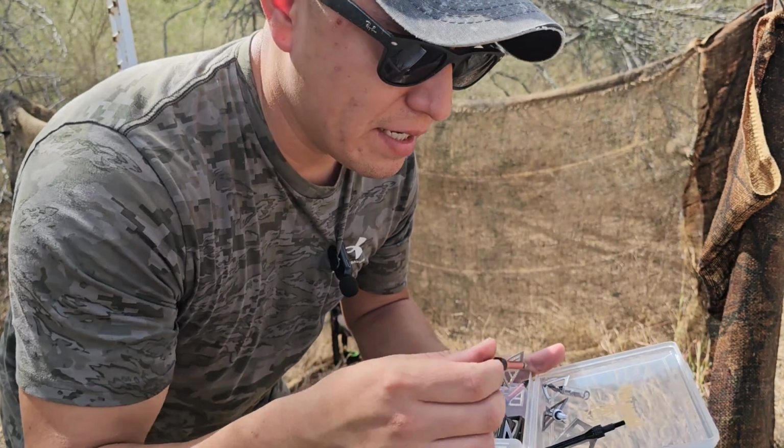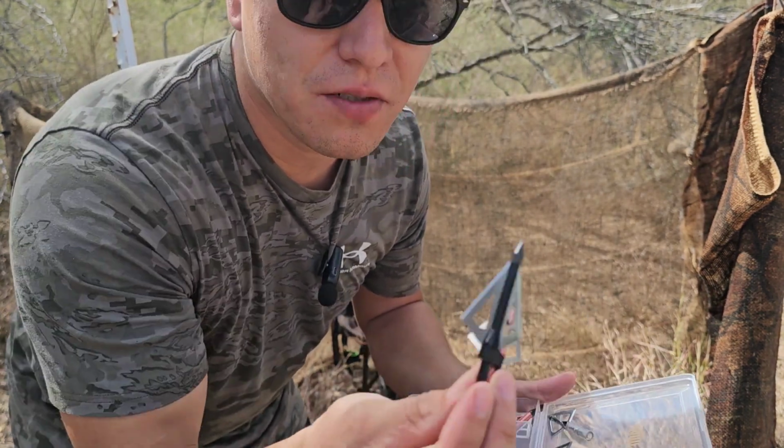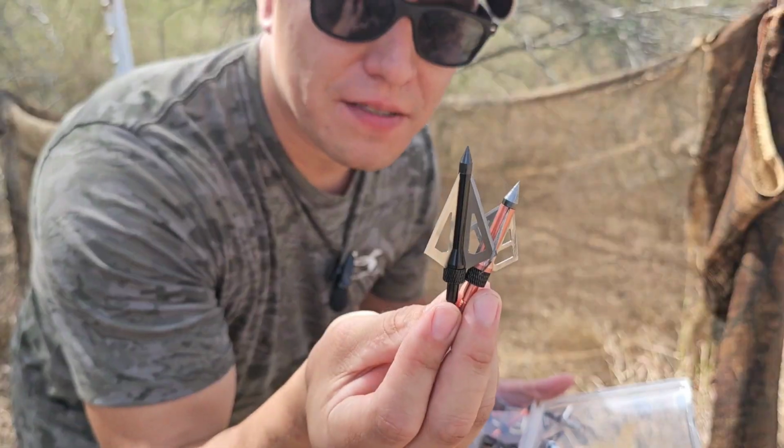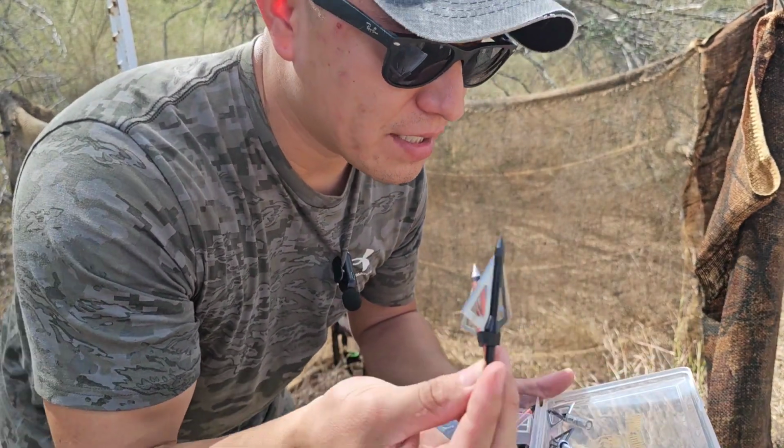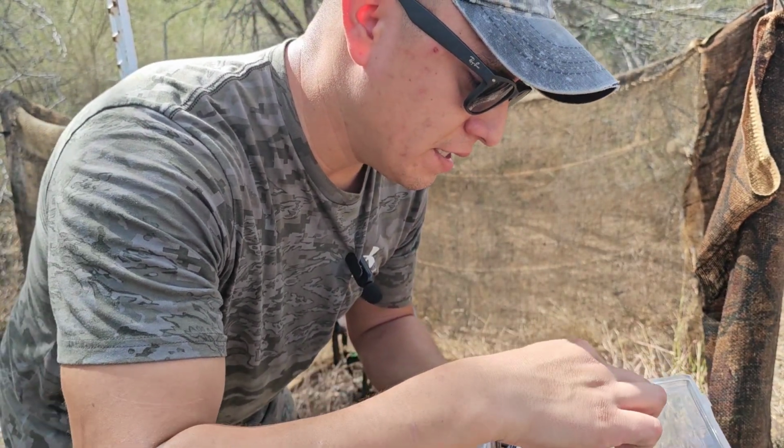Again, they shoot okay. These two actually shoot very similar, even though they're very different in size, but in weight they're the same. But they shoot actually very similar. And then these